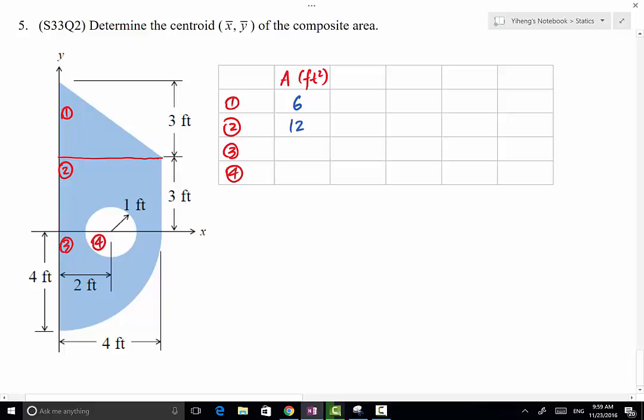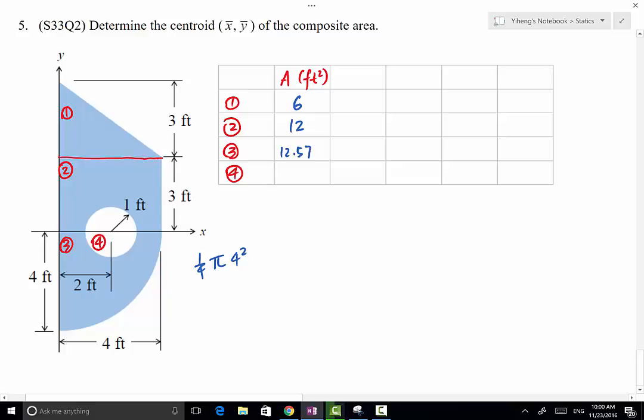For the third area, we have a quarter circle. So the area of a circle is pi r squared, but we only have 1/4 of it, so it's 1/4 times pi times r squared. Its radius is 4, so 1/4 times pi times 4 squared,